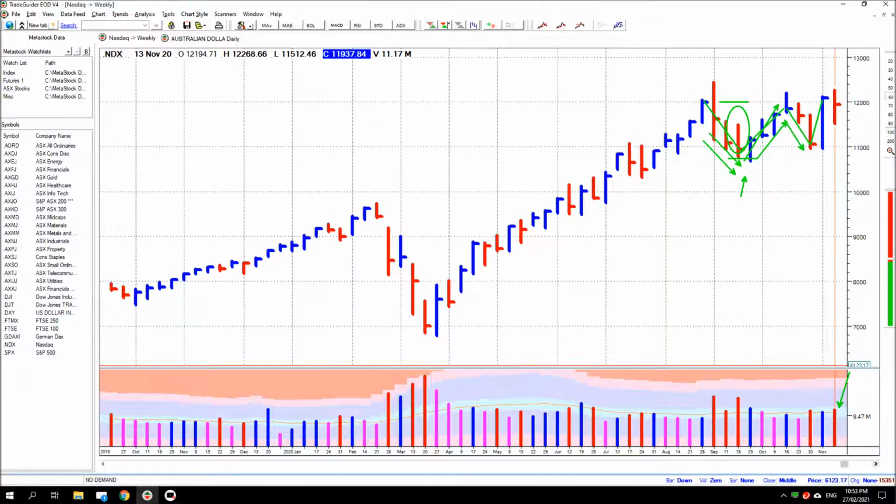Then price comes back, tests the strength of the previous lows, and then the market pushes higher and prepares to break out. If you look at this now, it's actually looking more like some form of reaccumulation zone in here, where price has pushed lower, automatic reaction, retest of the lows, and now it's pushed up, getting ready to move higher.